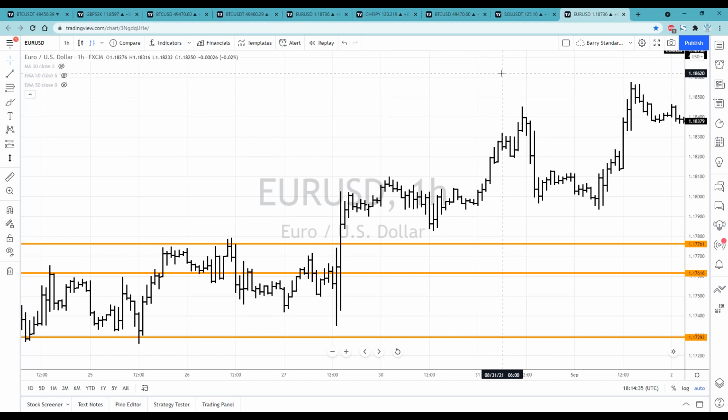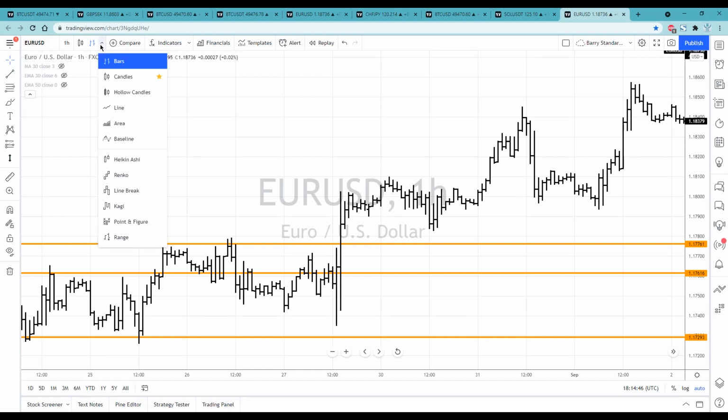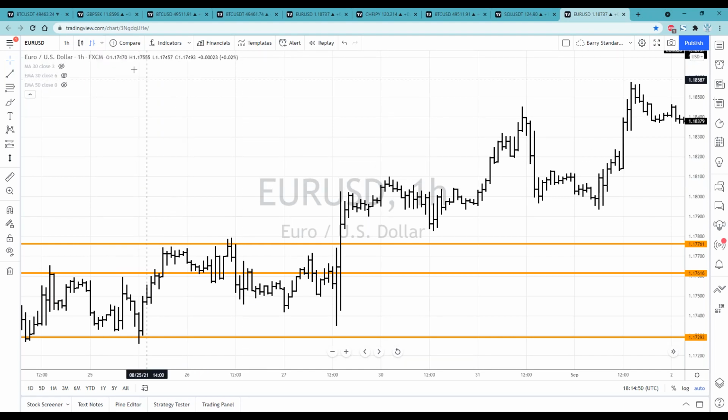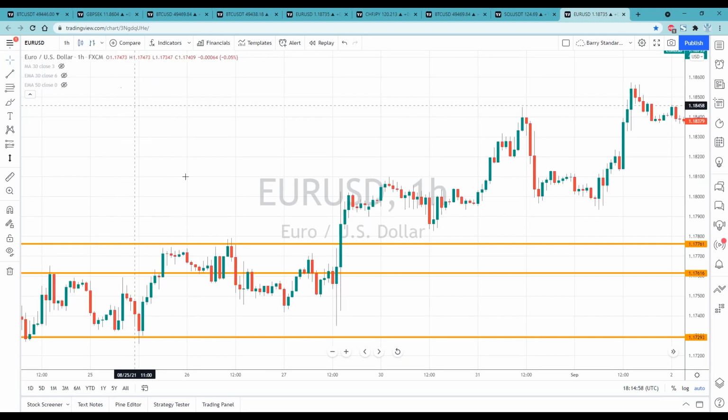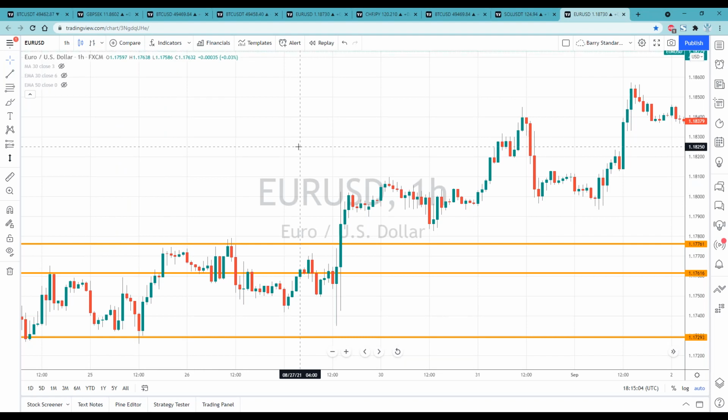Now, this is a bar chart. The most popular chart for online trading, and the third class of charts, because again, with bar charts, we have other types of similar charts. But the most popular chart type for online trading is the candlestick chart. Now, if you notice, we went through 3 charts. I haven't changed anything. It's all the euro US dollar, all the 1 hour chart. But look at the difference in perspective.